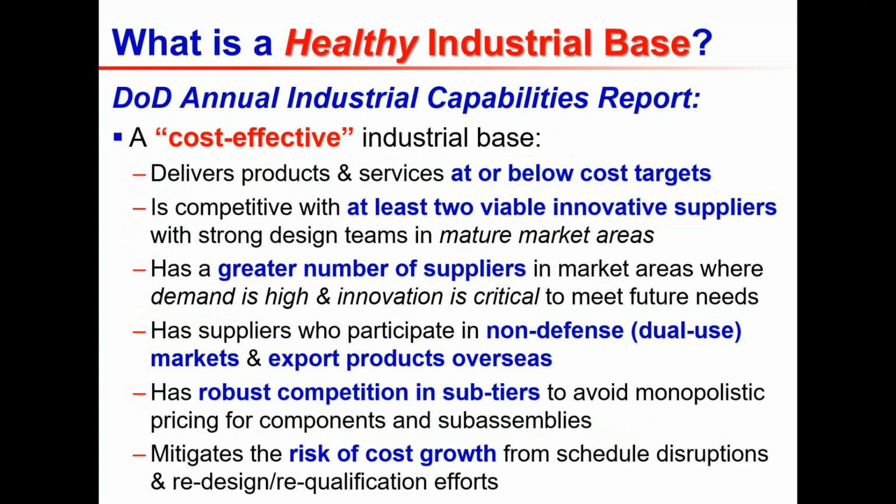Cost effective. Not surprisingly, that you can deliver products or services at or below cost, that you have at least 2 viable innovative suppliers in mature market areas. So if they're more mature, you want to make sure there's at least 2 viable innovative suppliers. In more developing areas, where demand is high and innovation is critical, then you want to have a greater number of suppliers, right? When it's a less mature industry, right? We talk about the industry life cycle, then you want to have even more than 2 viable suppliers,